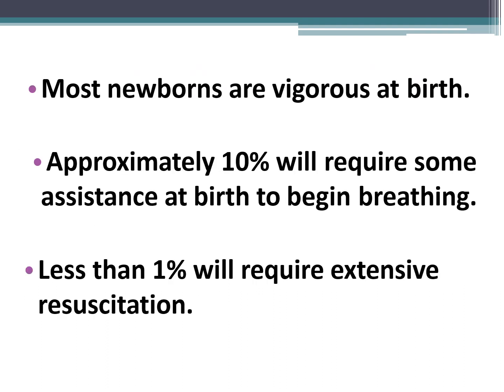Most newborns are vigorous at birth because when they come out of the uterus, they are coming out of that comfort zone. So they will be crying, and naturally they will start to respire. But 10% of neonates may require some assistance at birth to begin breathing. Sometimes after the delivery, we may need to tap at the back or stimulate the baby. Just with that stimulation, this 10% will start to cry or breathe. The remaining 1% may require extensive resuscitation. Even after tapping or initial stimulation, they may not start to respire. For those babies, we are supposed to give resuscitation.